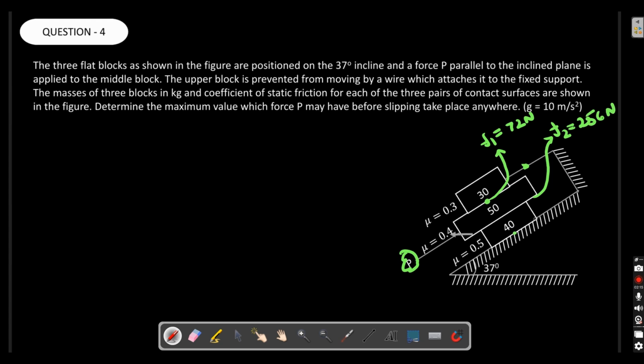So be careful with calculations also. Here you will have F3. That will be mu, 0.5, m is 30 plus 40 is 70, plus 50 is 120, into g into cos 37. That will be 480. Excellent. We got the point. Now here we'll be having mu mg sine 37. So this particular force will be how much? 180.